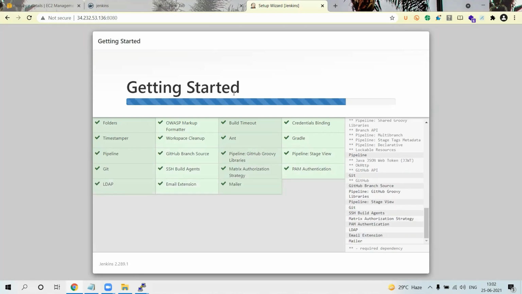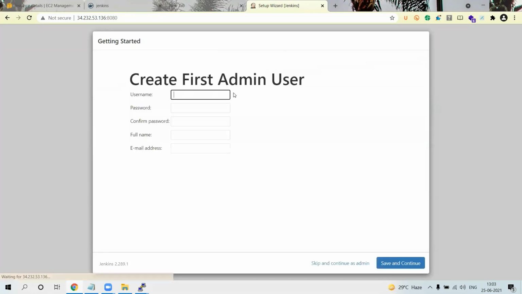Once it installs the plugins, I need to define the user. Okay, so it is asking me to create the first admin user.